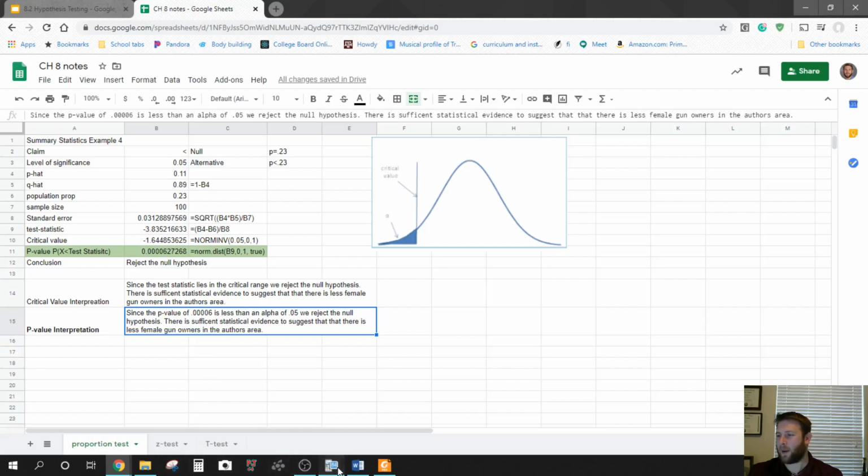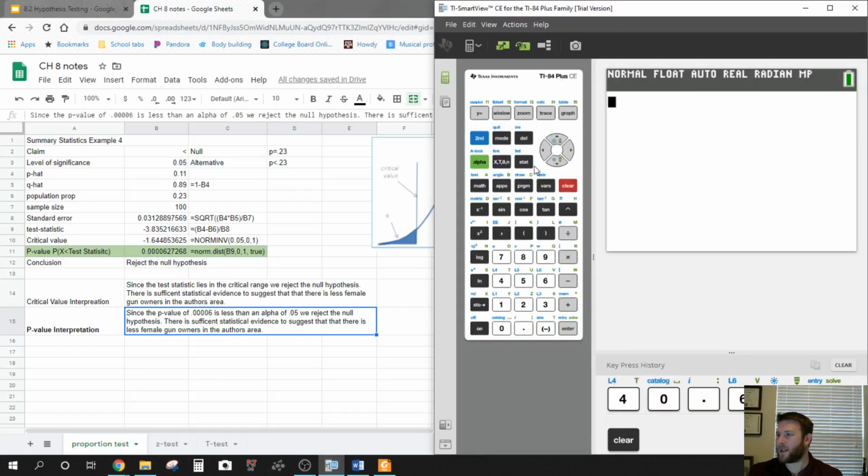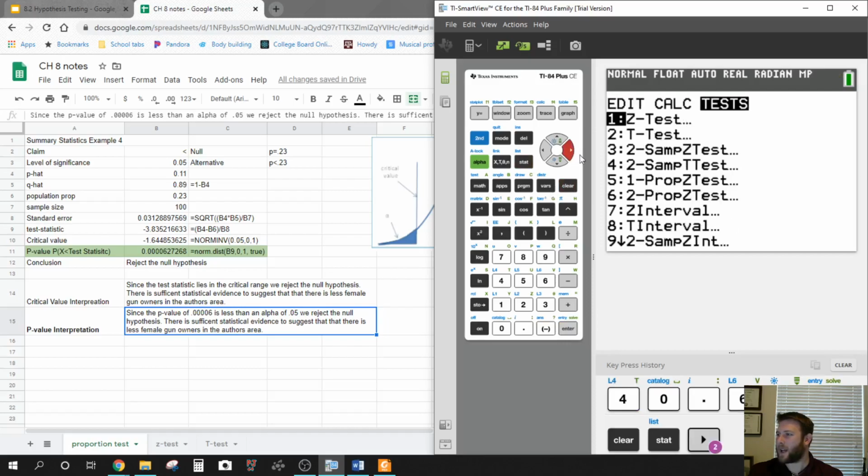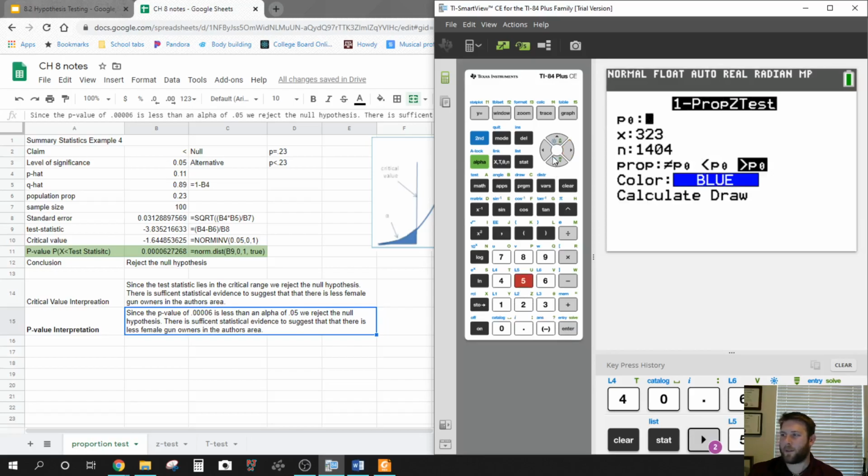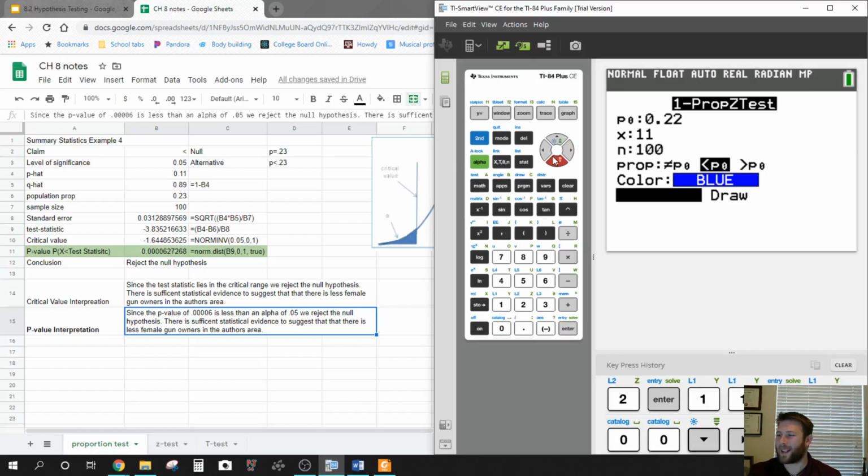On a calculator, let's go ahead and run a proportion test. Go to our test tab. A proportion test is number 5, and then we just fill in our information. So it's 0.22. We're saying 11 out of 100 gun owners. We're saying it's less than what we think is the proportion in the area,